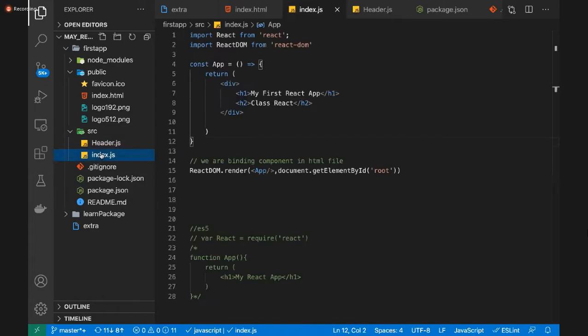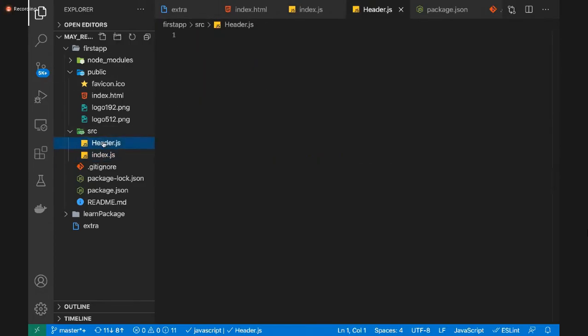Now, the first component you create requires two packages, React and React DOM, correct? All other components only require one import, that is React, and that is from React. Now, when we do it this way, you import React from React. Now here we make a component. I'll say const, any name I can give.